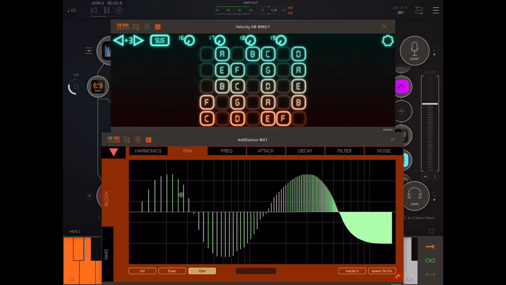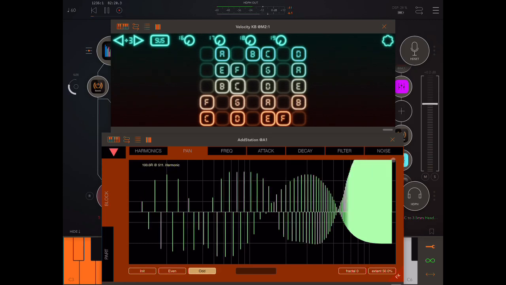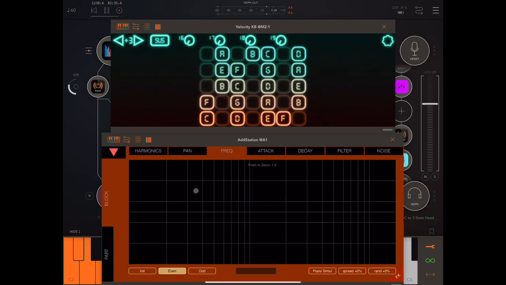Here we're controlling the pan. Again, that's just doing the odd ones there, so I could go over it again with even. So that's the pan, frequency,